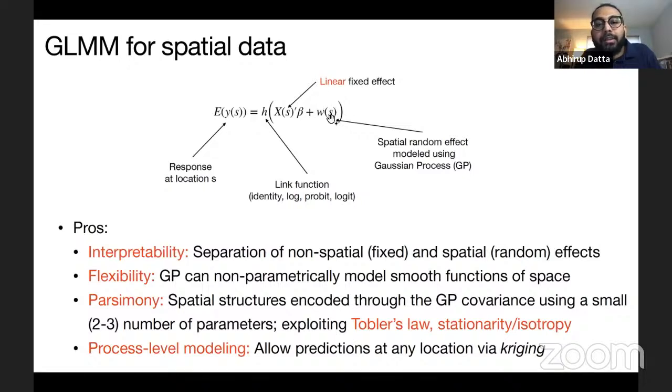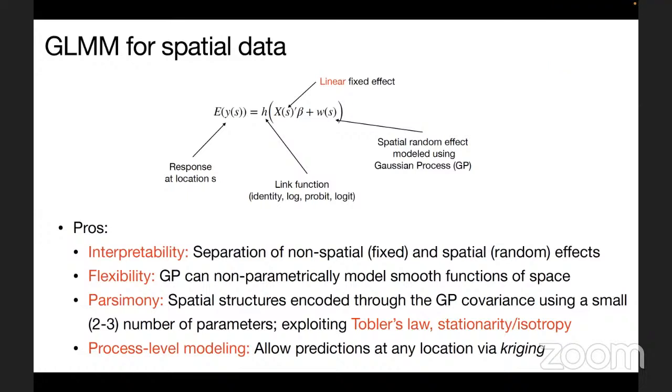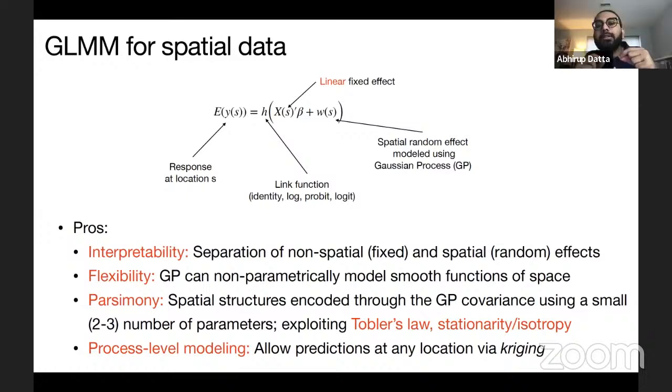So that's one nice advantage of Gaussian processes, because they encode the first law of geography, or Tobler's law, which says that things that are closer are more similar, which means that if you collect the random effect at 2 locations, their correlation is going to be stronger if the locations are close to each other. And another advantage of Gaussian processes is that you can use them to predict at any new location.